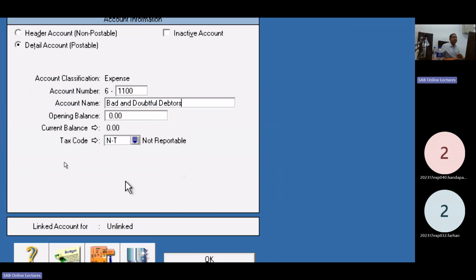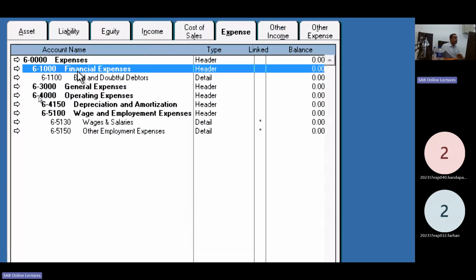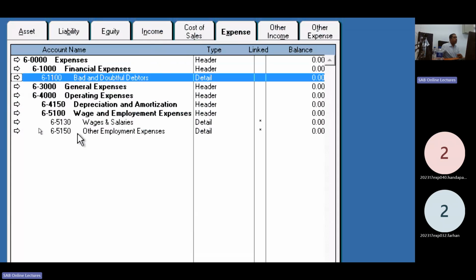Now all are in detail. Okay. Now look here, under the financial, bad and doubtful debts are there. Right. Create the balance account yourself. Any issues? Now I'll come to your place.